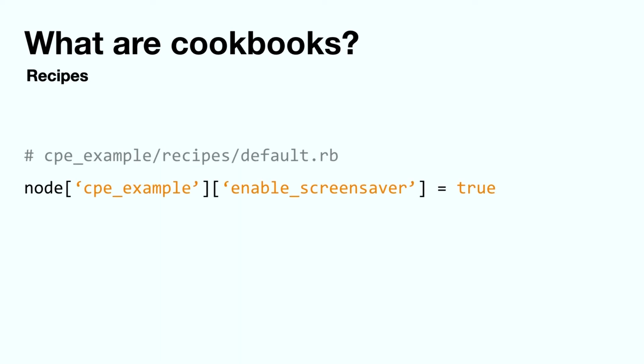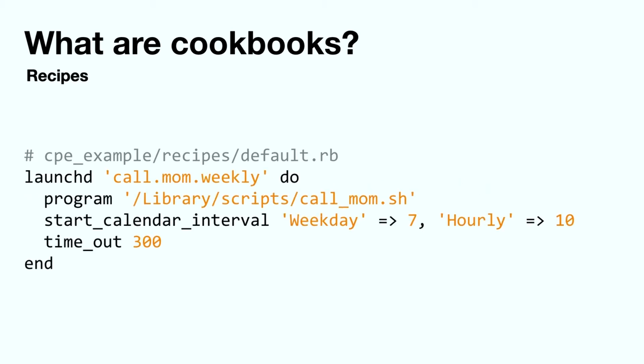In recipes, you can manipulate attributes, which is the one that we just looked at. So you can change, say, CPE example screensaver, enable screensaver to true. Or you can also manage something like a launchd statement. So this is actually completely just copy-pasted from Facebook's GitHub. Thank you, Mike Dodge. But this will create a launchd called callmom weekly that runs a script called callmom,